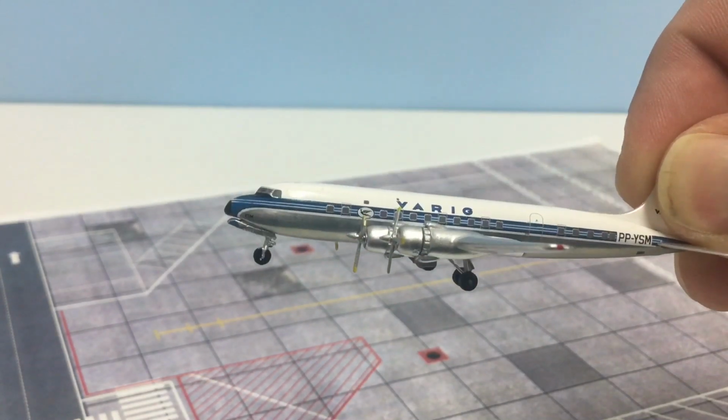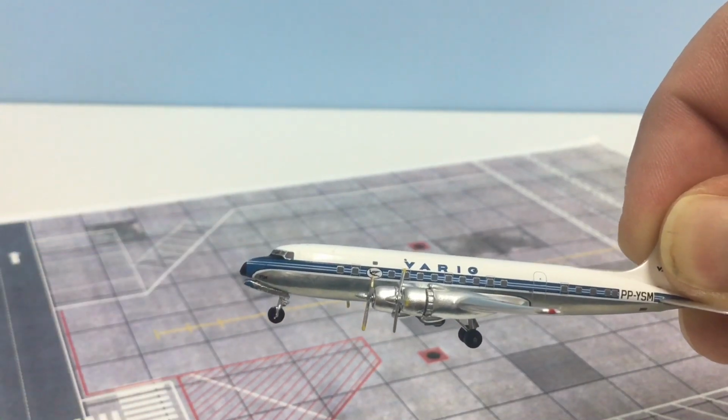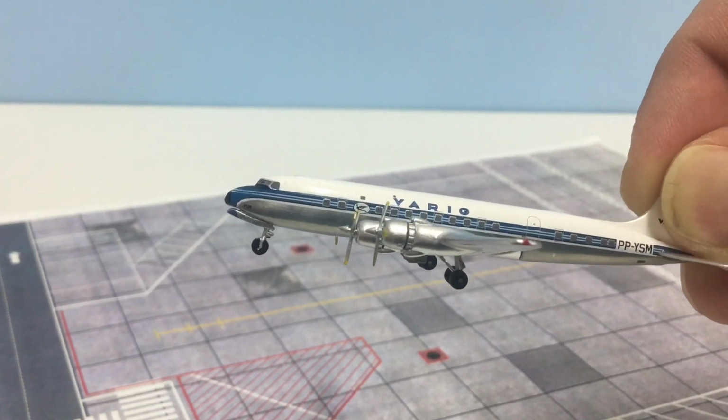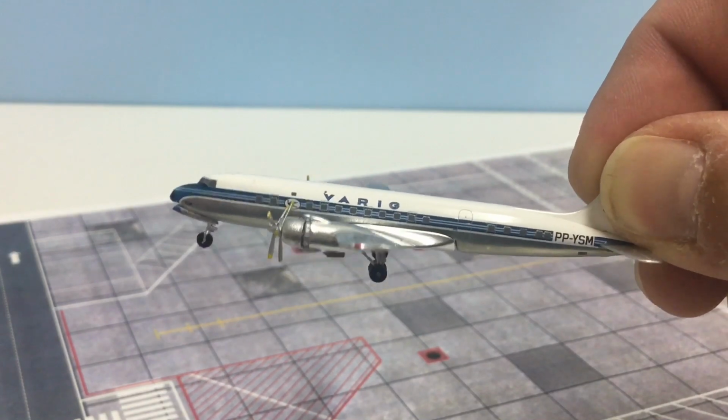However, once again, I have to say, I'm not sure about this nose shape here. It looks a bit squared off there, doesn't it? I'm not sure what's going on sometimes with the AC molds. They just don't seem necessarily always to be properly put together, but it doesn't have a dramatic impact on the model, and elsewhere